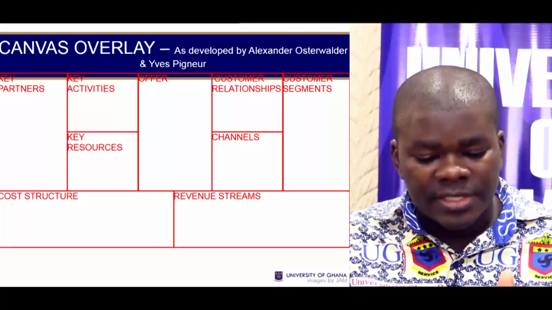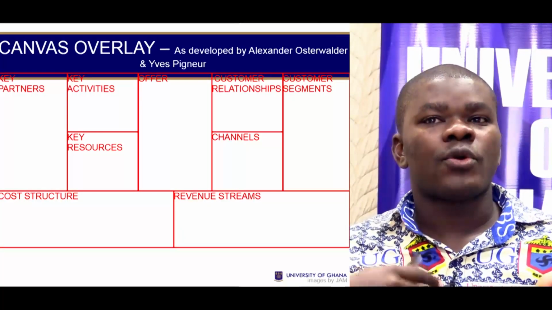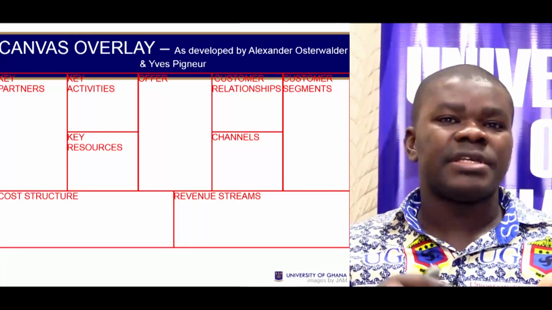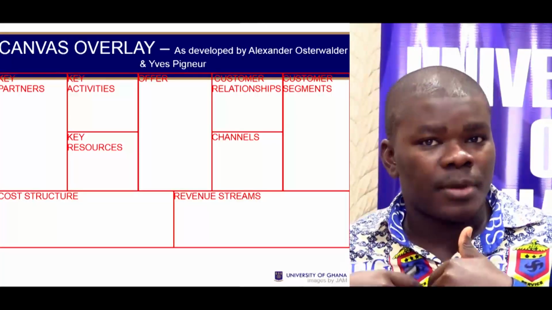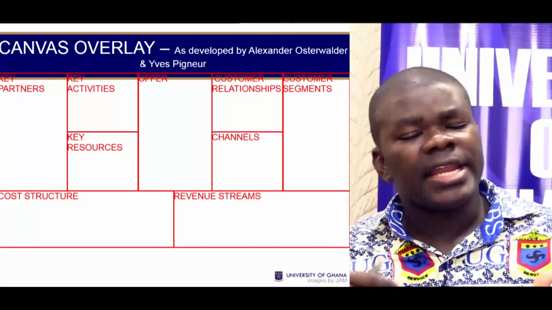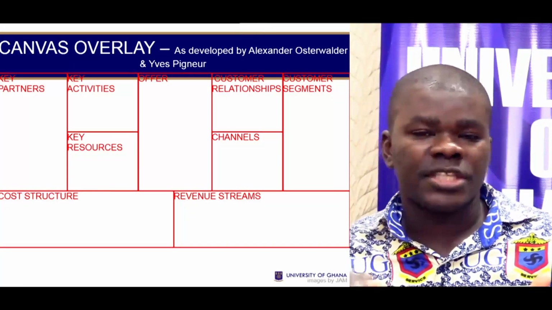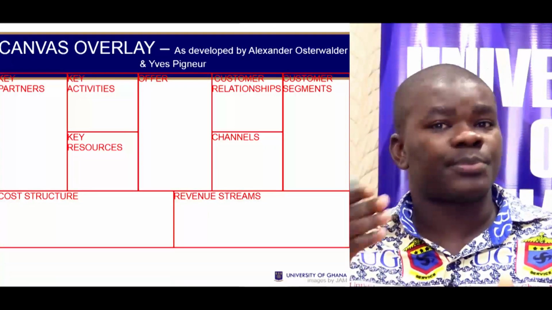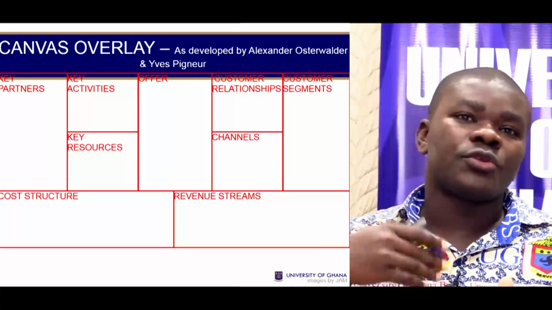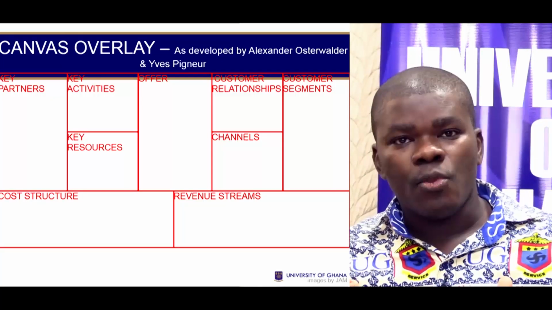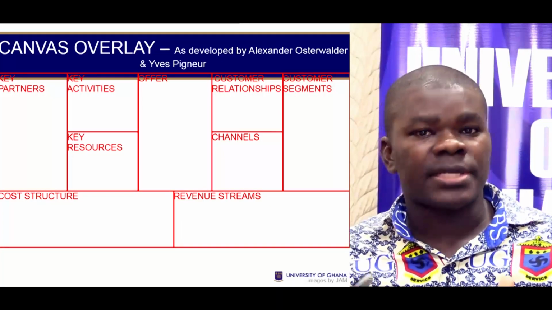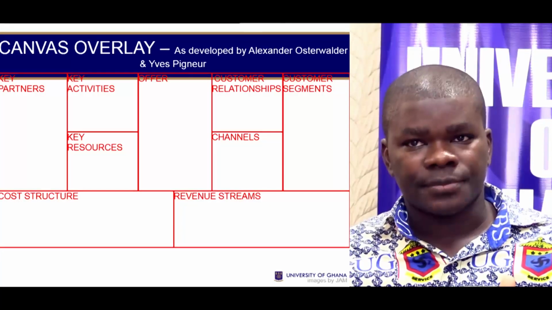After putting down the business model canvas, you do what we call customer development, which means that you now have to go to the market or go and do what some may call marketing research and ask people that, look, if I were going to offer you this particular product, are you going to buy at this price? And this is what you need to do for each of the elements of the business model canvas until a time where you are certain enough that the customers are going to pay for your service.